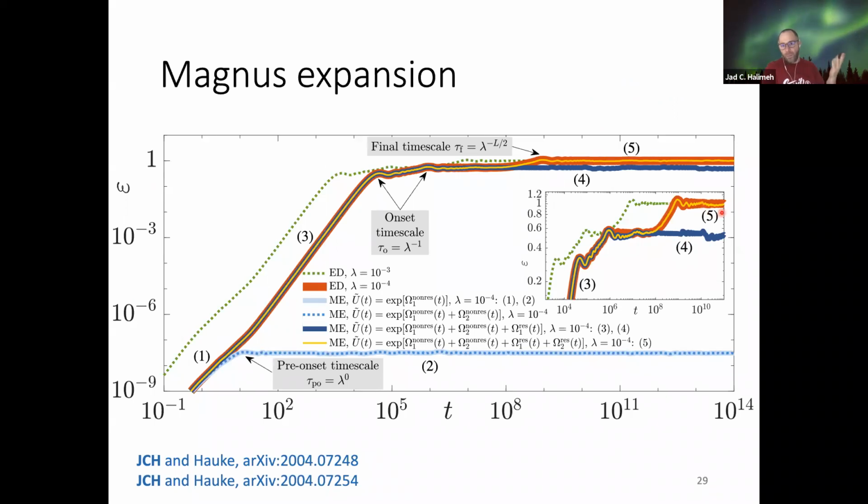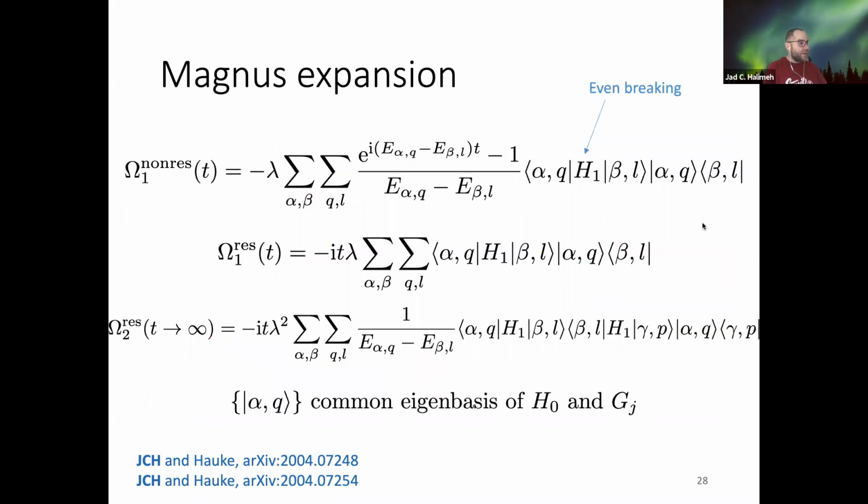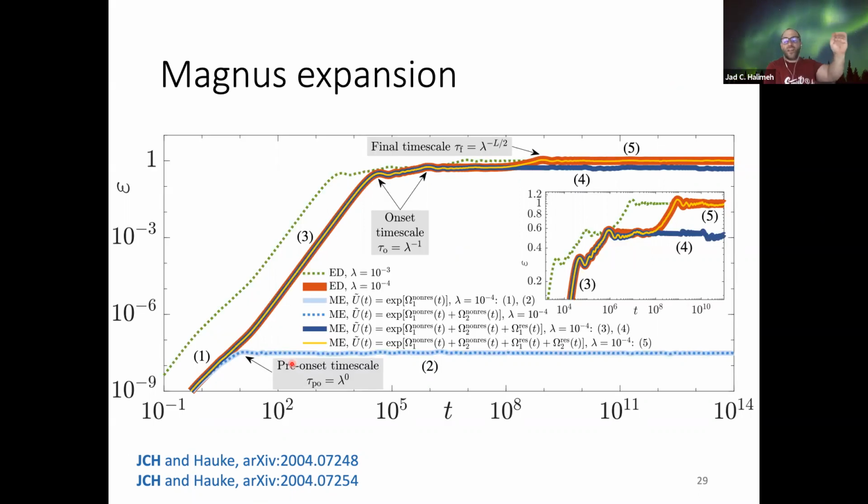It takes me out of it until a time scale of 1 over lambda cubed when I hit this plateau 5. Now, if I make my system bigger, omega 3 resonant, which would be proportional to T lambda cubed, I'm not showing it here, but you can see it in this paper and you can easily convince yourself if you do this derivation, you would get T lambda cubed. For omega 4, you would get T lambda to the 4, so on and so forth. And this exactly explains the plateauing behavior that you are seeing, the staircase pre-thermalization.